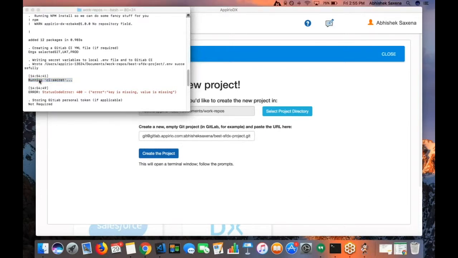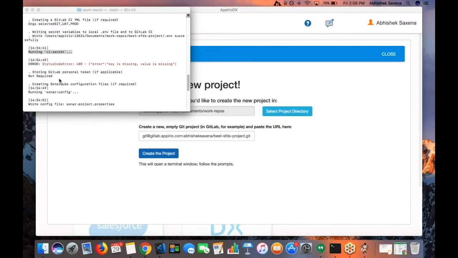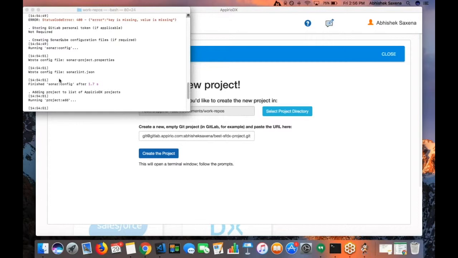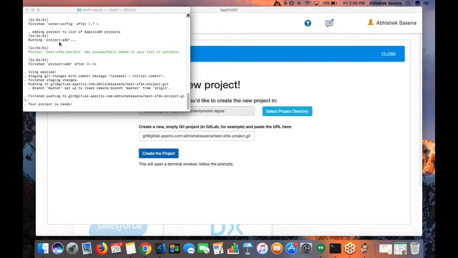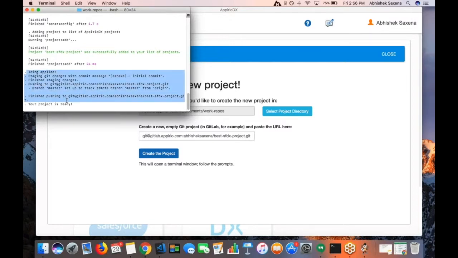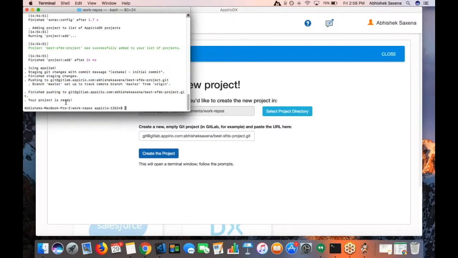CI secret actually pushes the environment variables to GitLab. Then some other things like sonar configuration files are being generated. The project is getting added to the list of periodic projects in the desktop app. And after everything is done, finally the project is pushed to the Git repo. And we can see the message your project is ready, which means it is time for us to go into GitLab and actually see if it